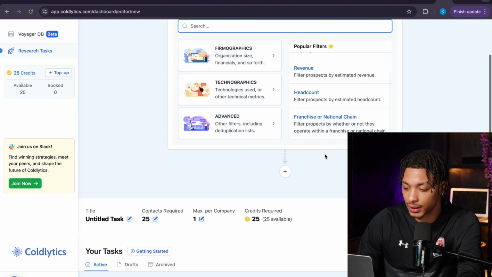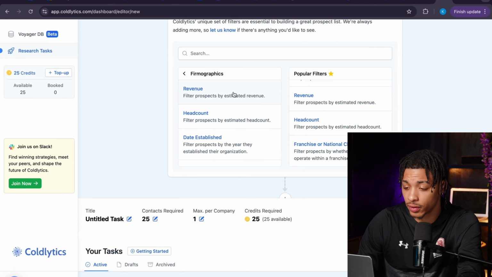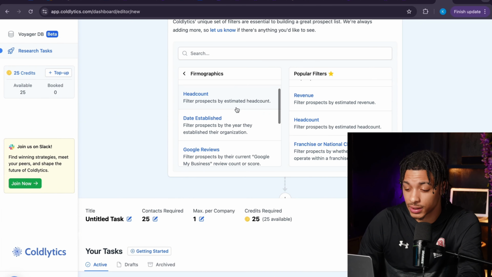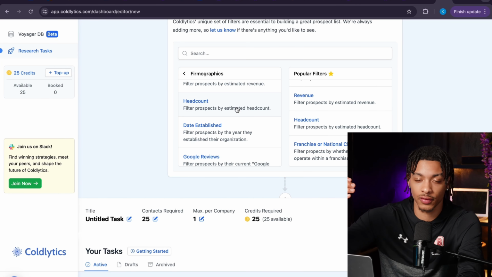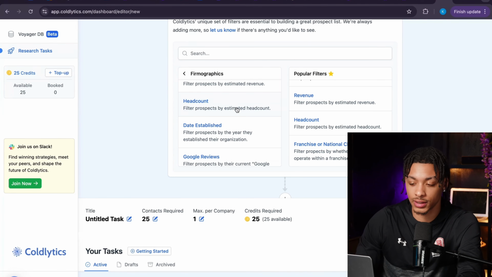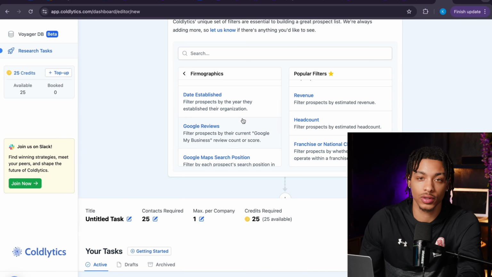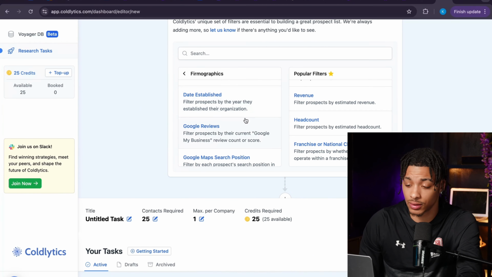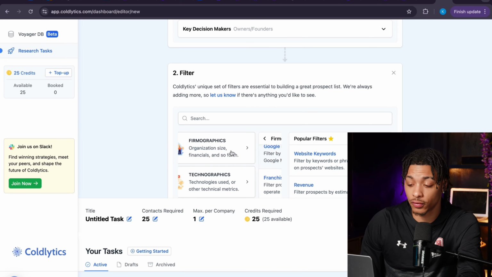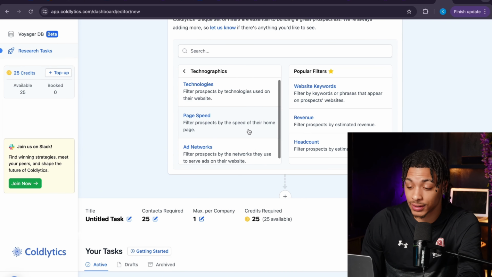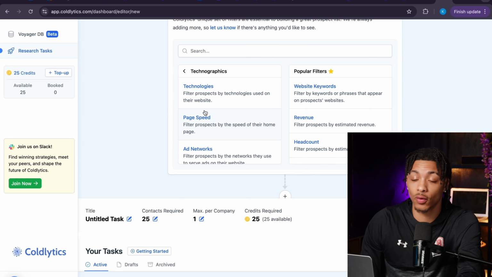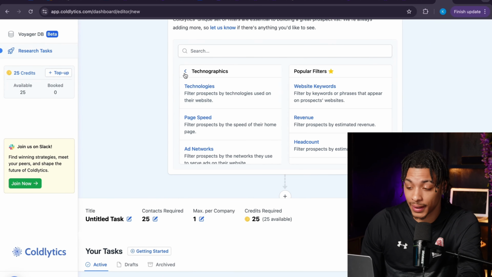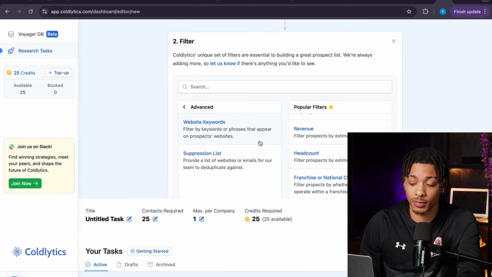You can filter for a whole bunch of very cool things. Basically, the revenue a business does, so how small or large of an organization it is. Typically, I want you working with businesses anywhere from 1 to 20 or 30 employees to start off, because $1,000, $2,000, $3,000 is not a lot of money to those types of businesses. You can also filter for whether or not they are running paid advertisements, or if they have a website live on their Google Maps page, even website keywords, but that matters less.